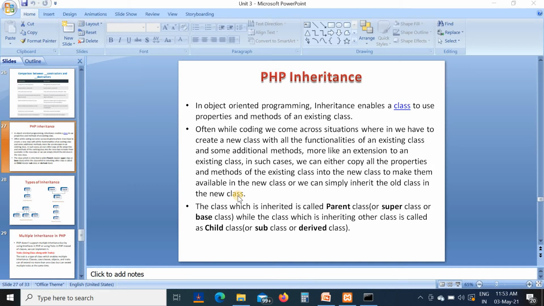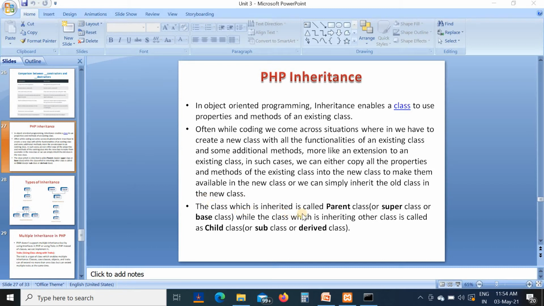Also, whenever we create a new class, it consists of the properties and methods of the old class, but the new class can also add some additional methods or properties of its own. It can copy the existing class properties and methods, as well as add its new properties and methods.